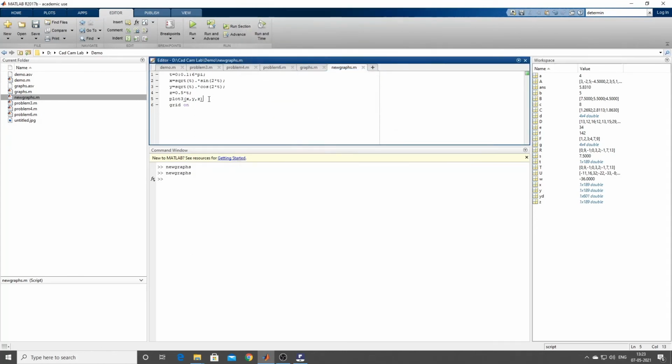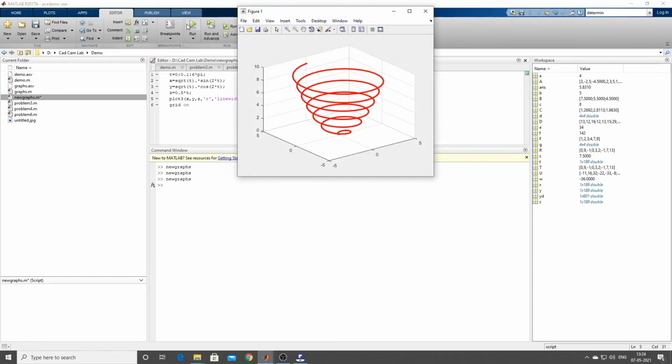Now in this plot itself I'm going to change it: comma, single inverted comma, say you give r, close, again comma, single inverted comma, and you give LineWidth, you give 3 and close it. Let us see what it's going to be. See, little thickness is increased with red color. So this is how we can plot it.